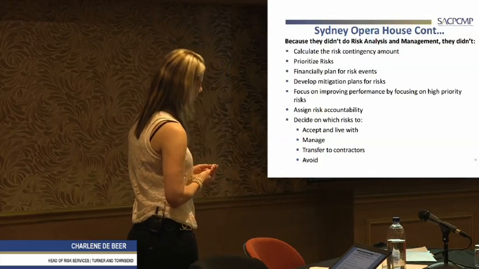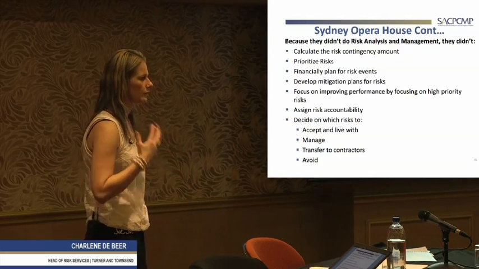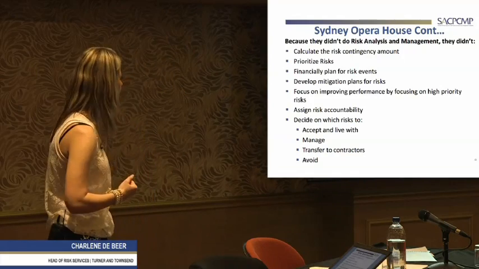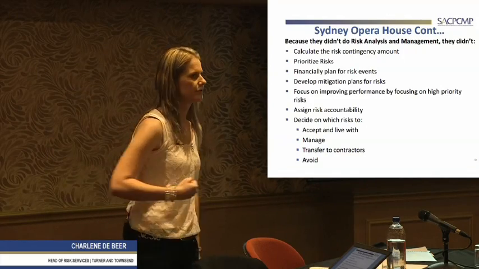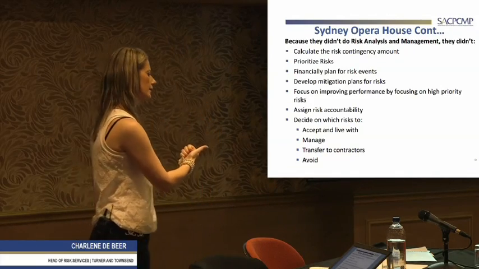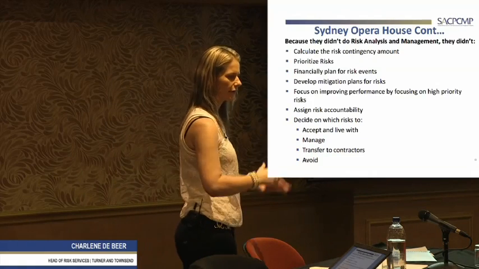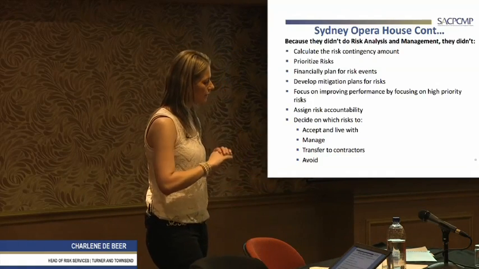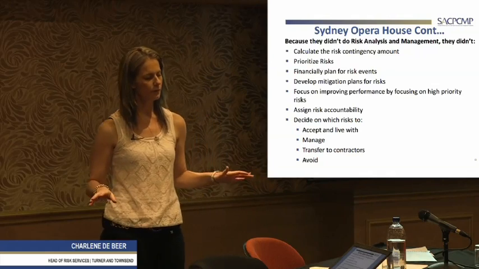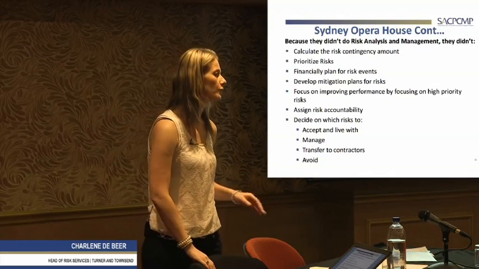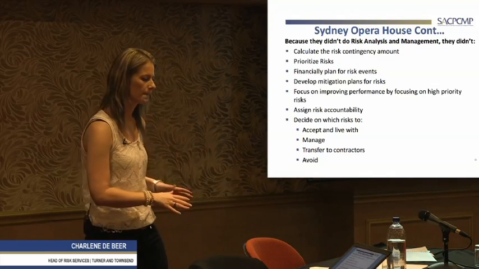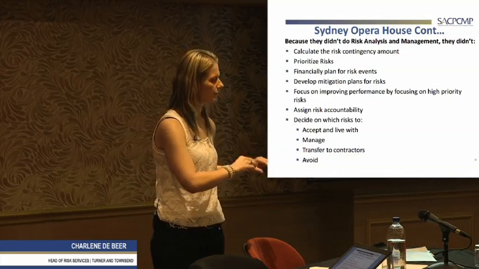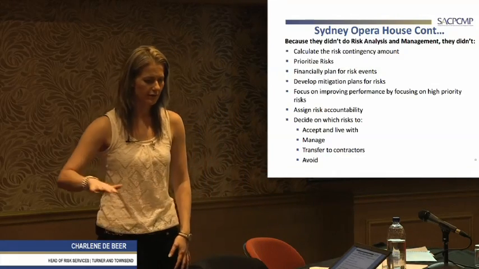So those are the type of risks that we will just accept and live with, and we'll deal with them as they come along. Or we can manage them. So we put somebody in charge saying, okay, you're accountable for this risk. You need to keep it updated. You need to know what's going on. You need to keep everybody informed. You need to keep your finger on the pulse. So we know what we're going to do and how we're going to do it, so we can manage that